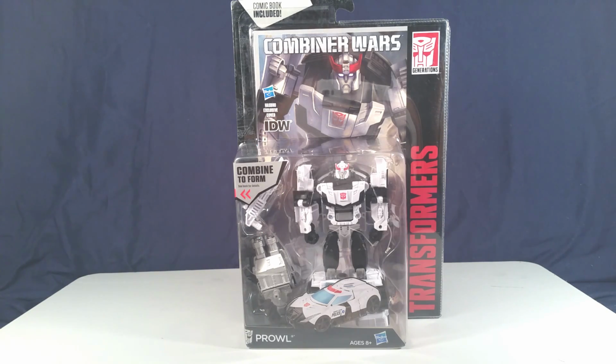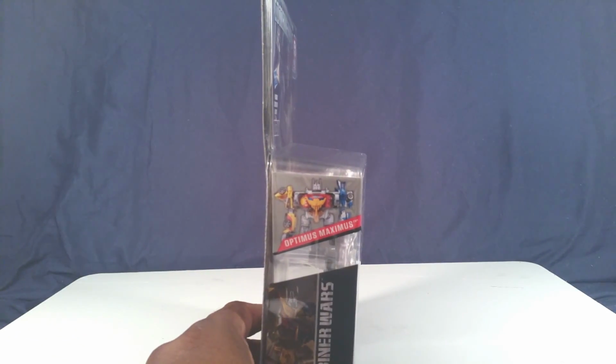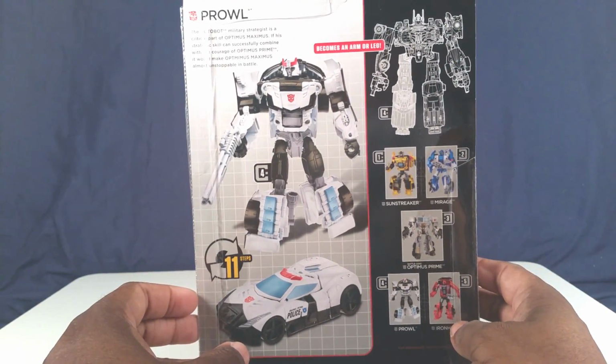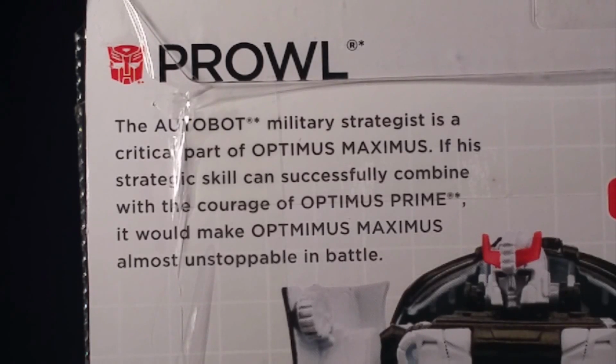Here's Prowl, and this packaging is gorgeous. I love it. On the side we see he's supposed to be combined with Optimus Maximus here. Here's the back detailing. Here's the bio. Prowl, the Autobot military strategist, is a critical part of Optimus Maximus. If his strategic skill can successfully combine with the courage of Optimus Prime, it could make